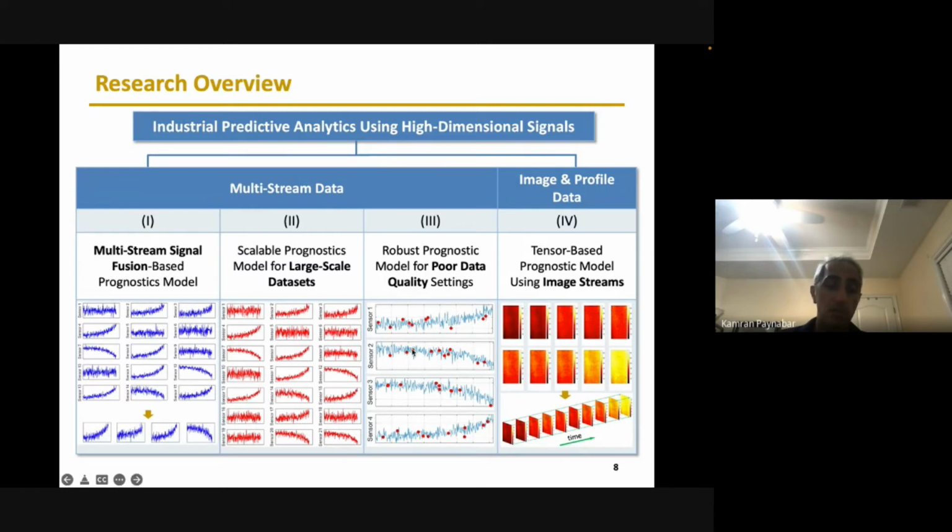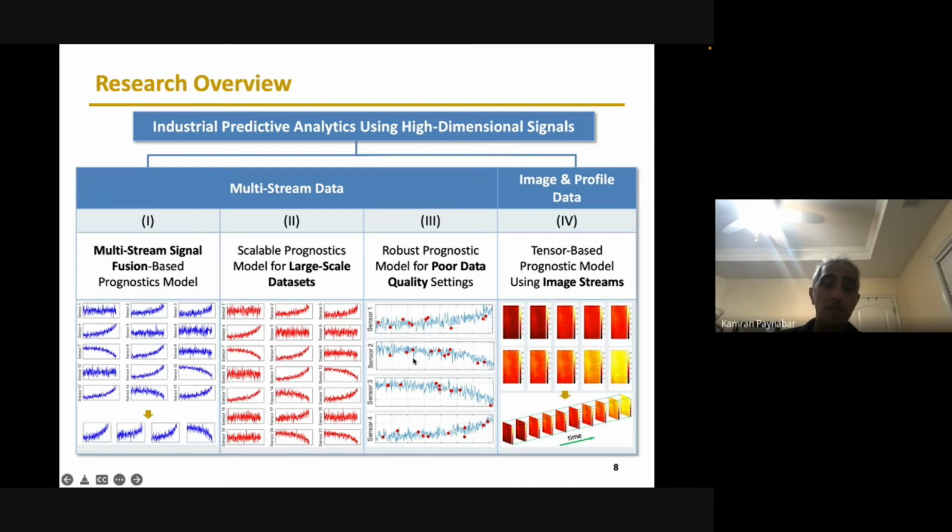Another topic which is really interesting to us is when you have poor data quality, meaning that you may have some interruptions in the data collection. For example, this is a degradation signal, but what you're observing is affected by sensor malfunction, differences in sampling frequencies, or a Wi-Fi sensor that cannot capture data at every sampling time. So for any of these reasons, you are observing sparse observations. You are only observing the red dots rather than the whole signal.